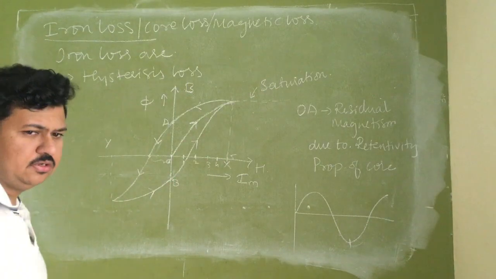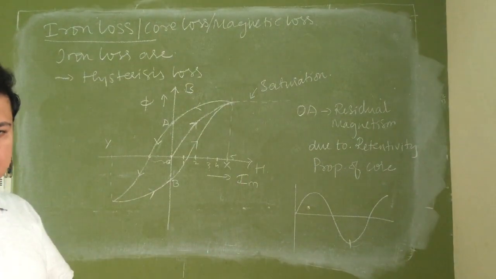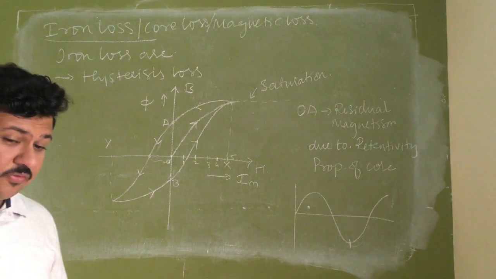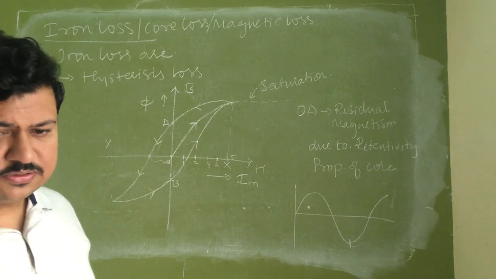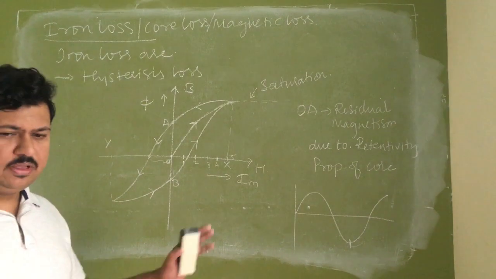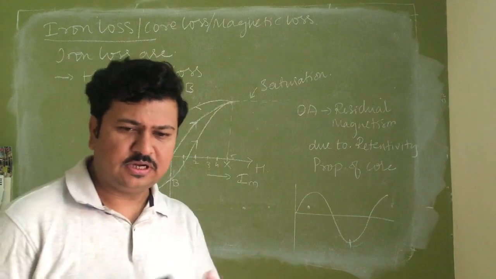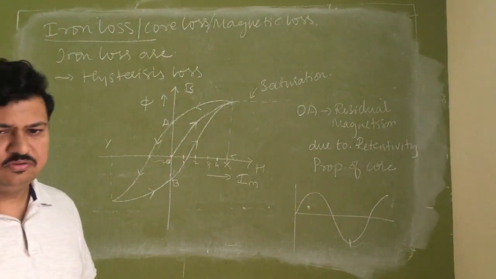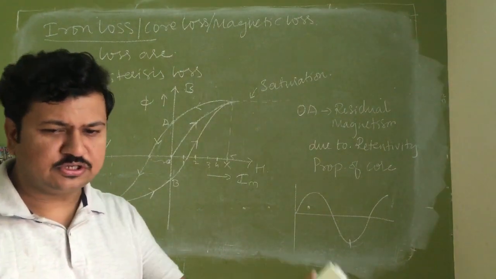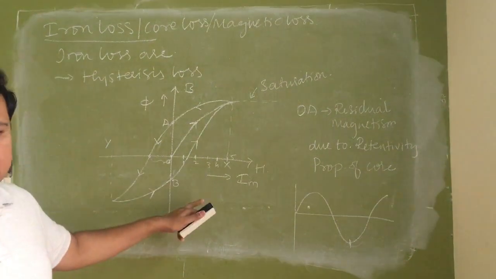Flux is remaining constant. With respect to time, flux is the same. So d phi by dt is 0. Only the differentiation of a constant is 0. You cannot differentiate a constant value because a constant value is the same value for an infinite timeline, from minus infinity to plus infinity. 2 is 2. It won't change. Even if the time changes, today it is 2, tomorrow it is 2, after 10,000 years also it is 2. Therefore, differentiation of a constant is 0. That is the meaning of differentiation.